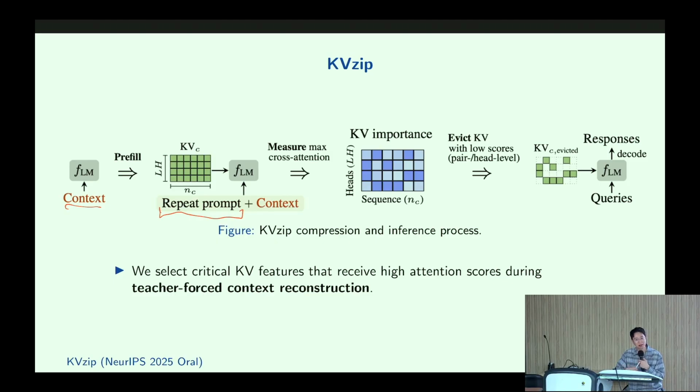We provide the context again and measure the max cross attention. I'm going to explain this later. This measures the importance of each KV cache entry across all the heads, and we evict the KV cache that has a low